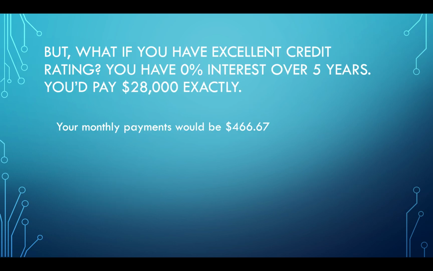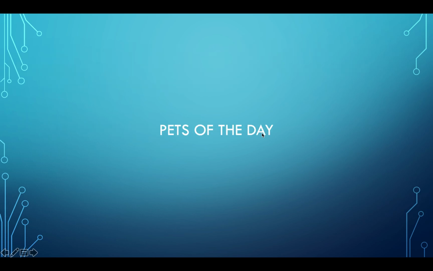But what if you have an excellent credit rating? If you have a perfect credit score, you'd have 0% interest over the next 5 years. So you'd pay $28,000 exactly, which is great. Your monthly payments, all you would do is $28,000 divided by 60 payments. So your monthly payments would be $466.67,